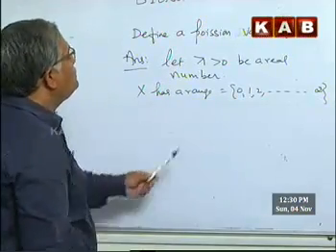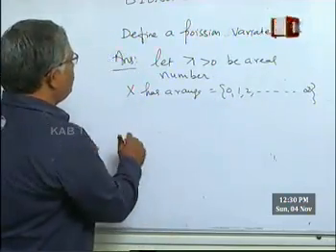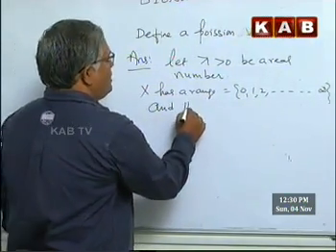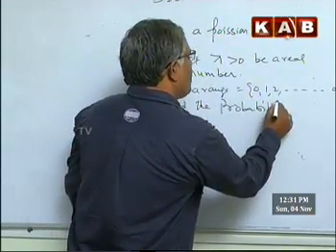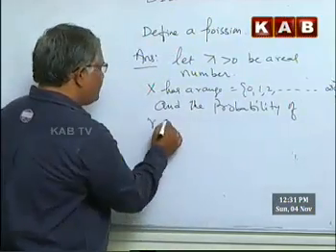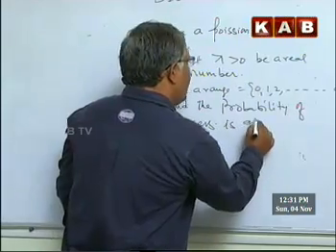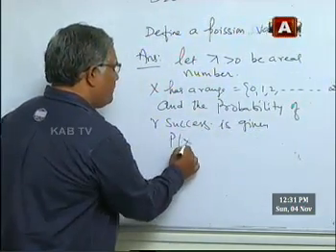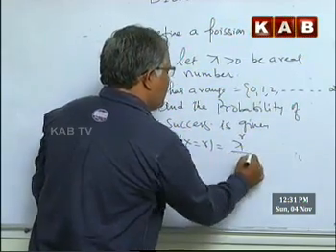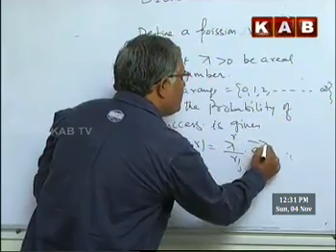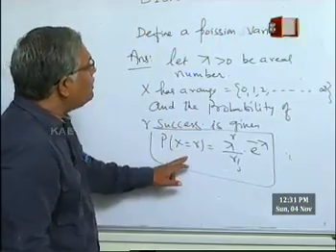If you observe, this range was for the binomial distribution up to n only. And the probability of r successes is given by probability of x equal to r is lambda power r by r factorial into e power minus lambda. This is known as what? The theoretical